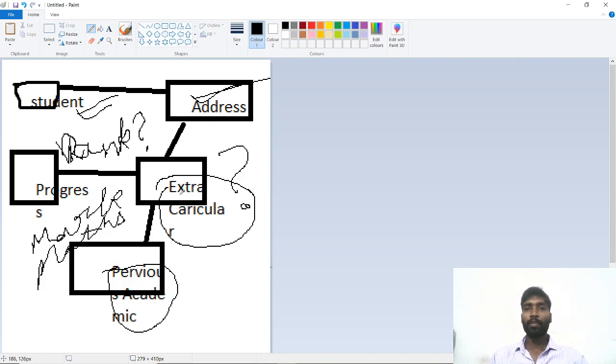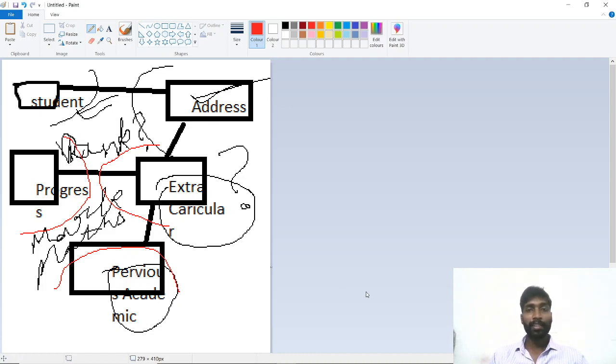Each piece of information is stored in a different table, am I right? Student is a different table, address is a different table, progress is a different table, extracurricular is a different table, everything is a different table, correct?